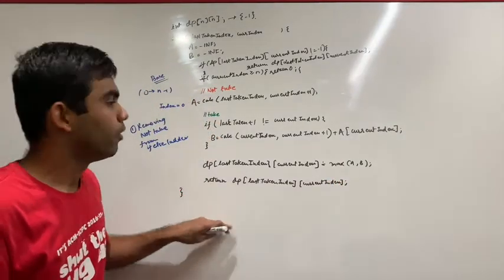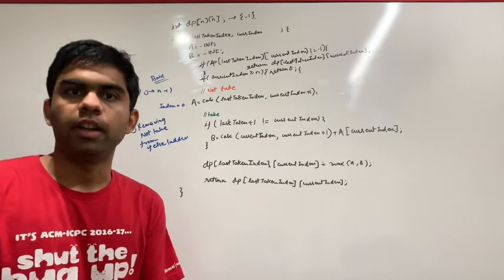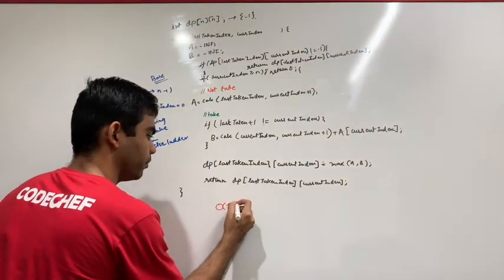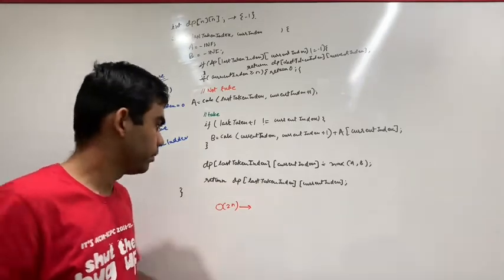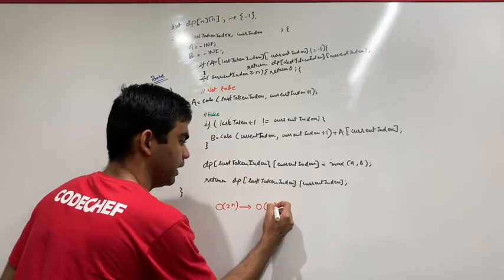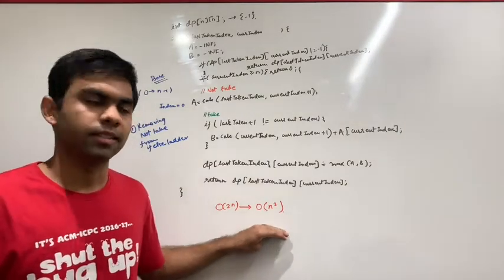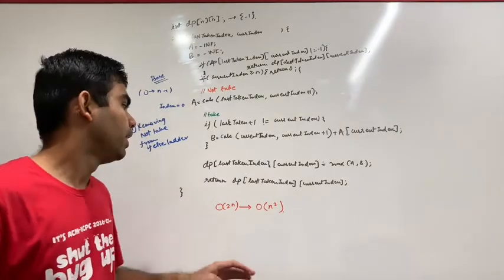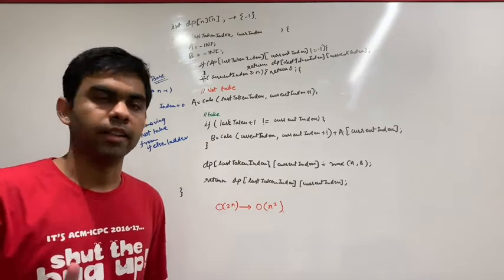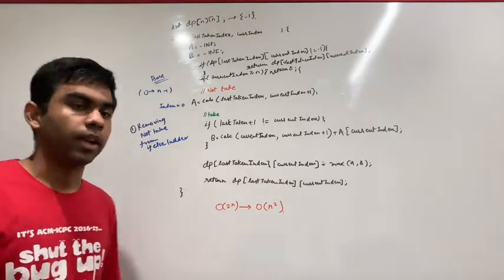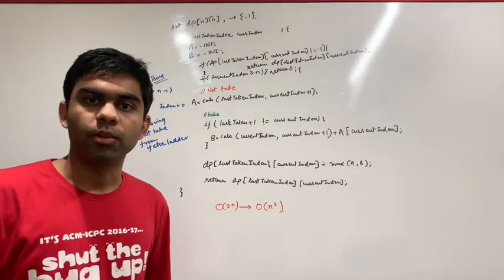So in this way, what we have done is we have reduced our time complexity from O of 2 raised to n to nearly O of n square. I'll not be explaining how it is O of n square. I want you to analyze it, but I'm sure you will be getting it. And further, let's look at how we can optimize this code further.